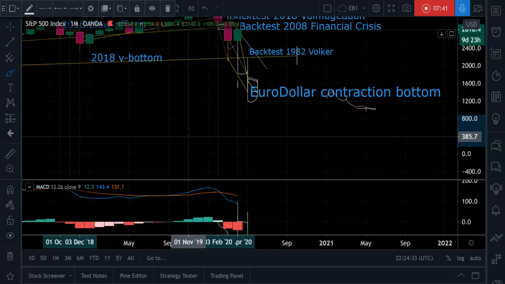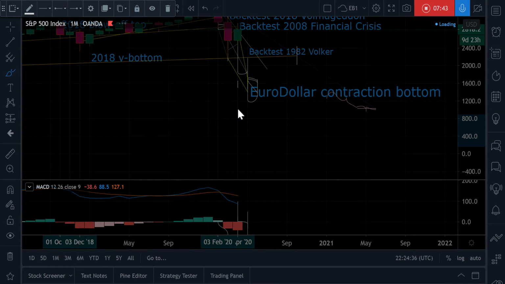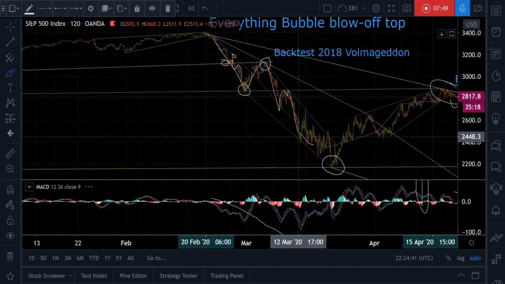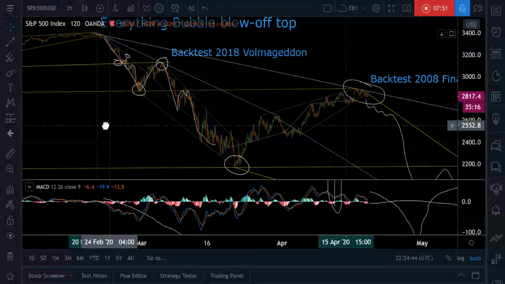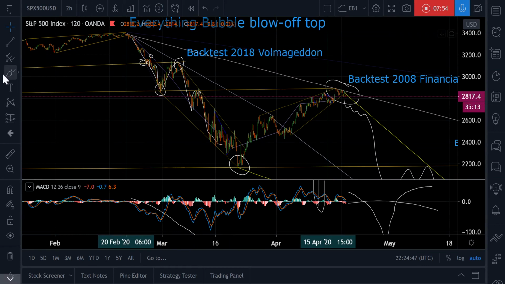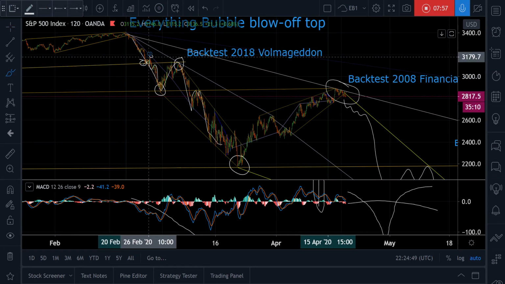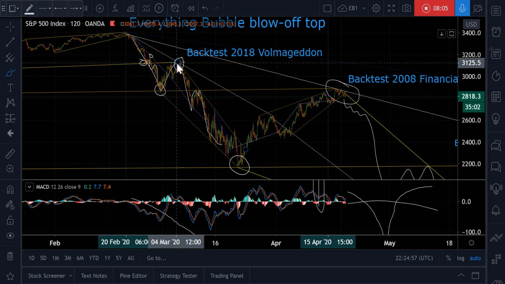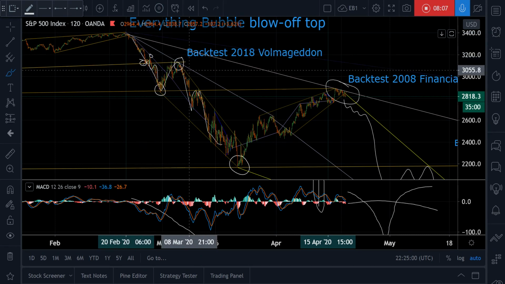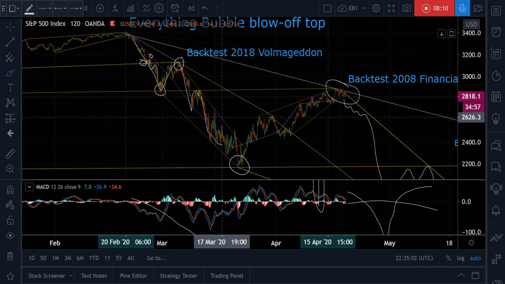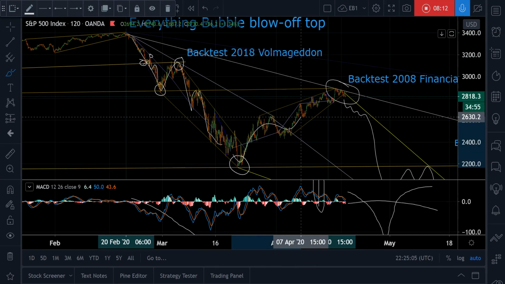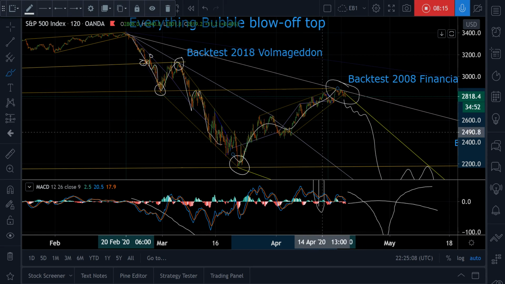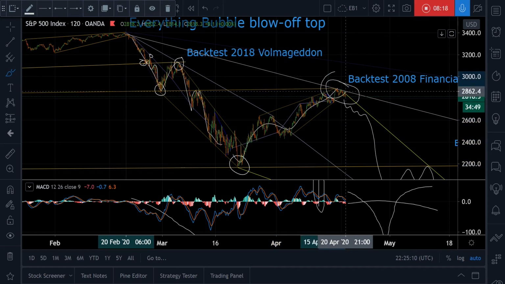So where we are right now in our charts, let me go back to the view where we can get all the wiggly action. Where we are right now is, you notice that we bounced off the top of Volmageddon up here to this edge trend line. Then we came down and we bounced off the top of the financial crisis to the corner of the Volmageddon trend line and this higher level trend line. And now we've come down and we bounced off the Volcker bottom to the financial crisis at this higher level